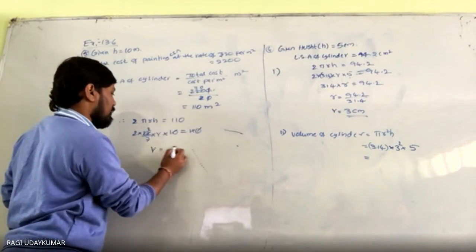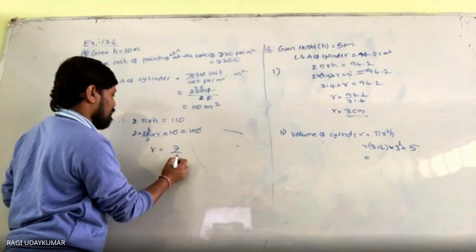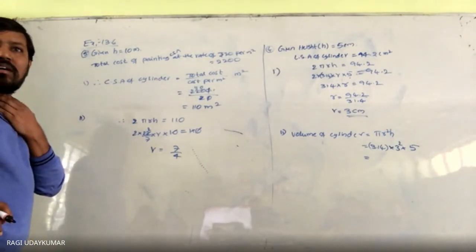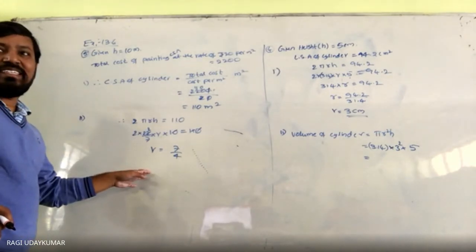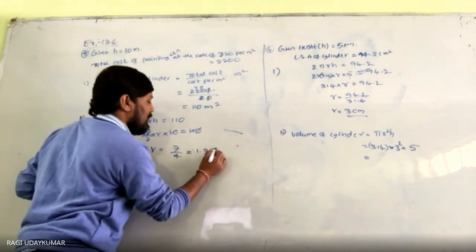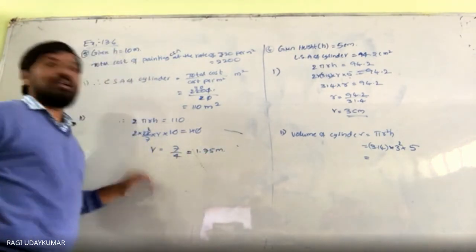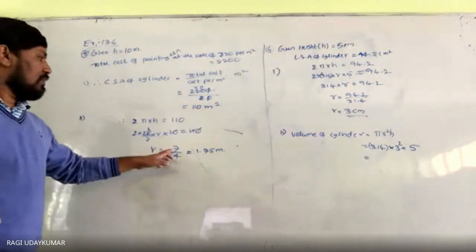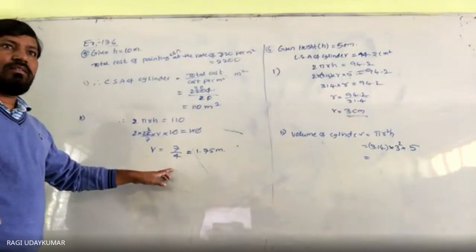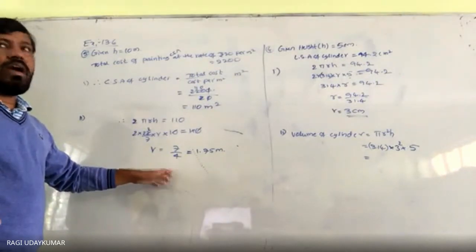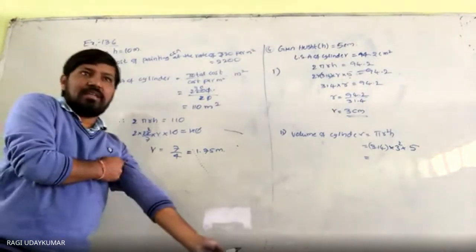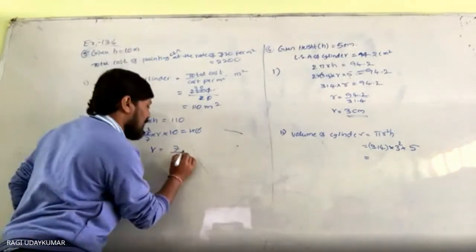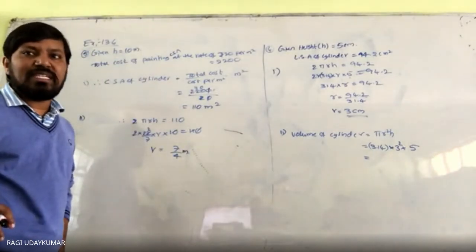What is left over? r is equal to 77 by 77, 7 by 4. Yes, that's right. 7 by 4 means 1.75 meters. Yes, 1.75. You can also keep it as 7 by 4. 22 by 2 will leave 4, so you can keep 7 by 4 meters as it is. And it asks you to find the capacity of the vessel.